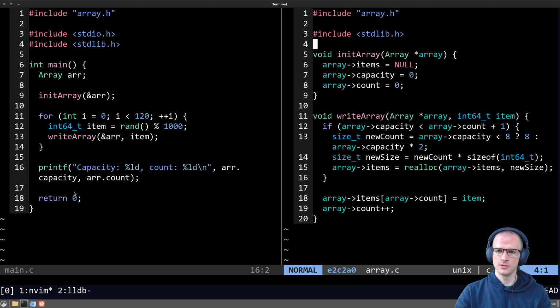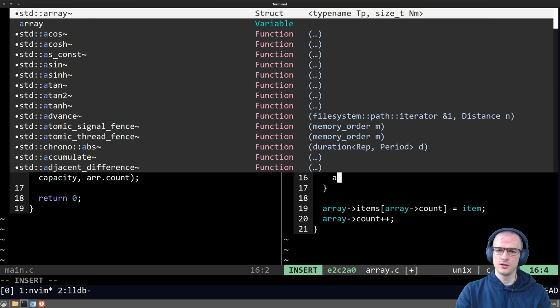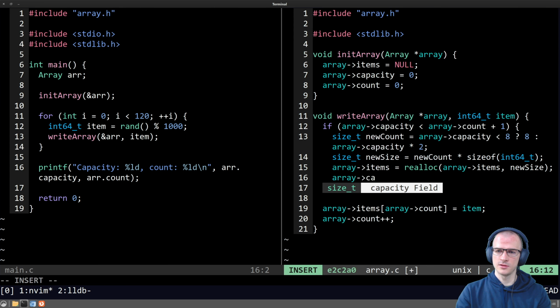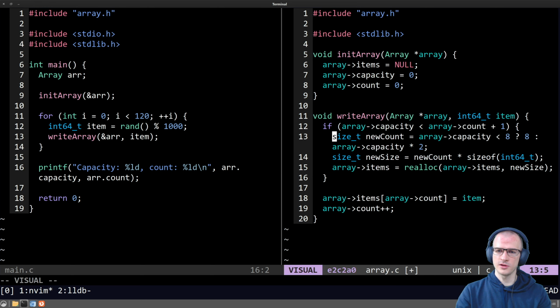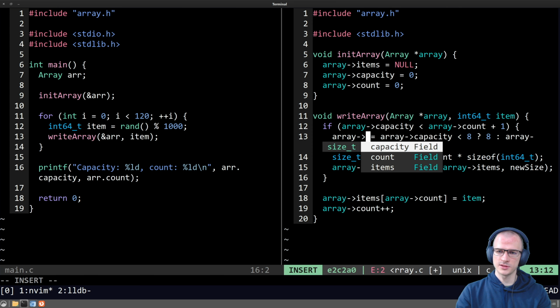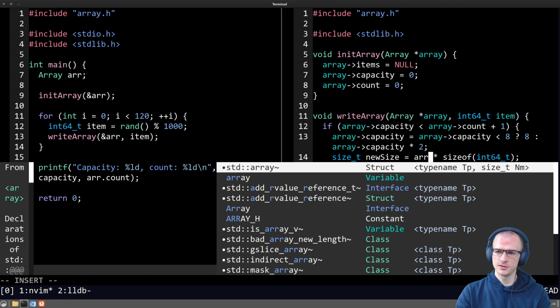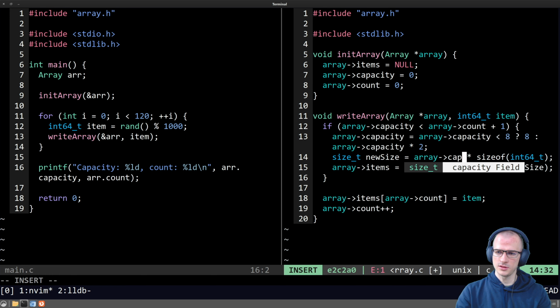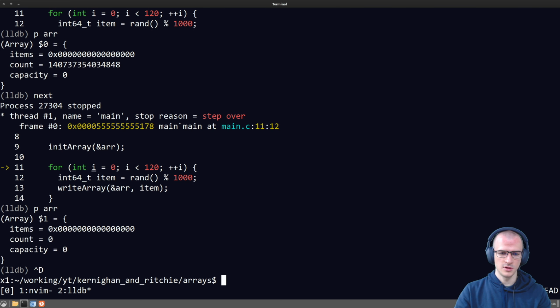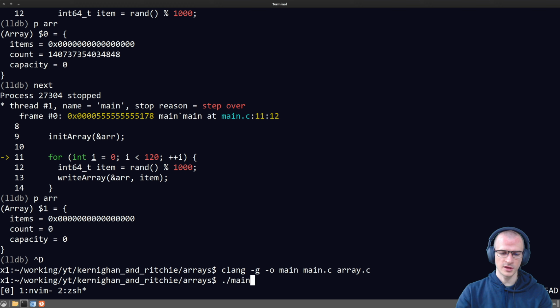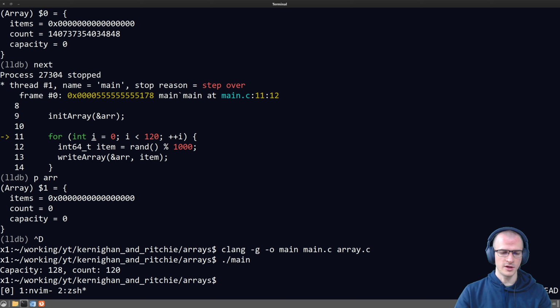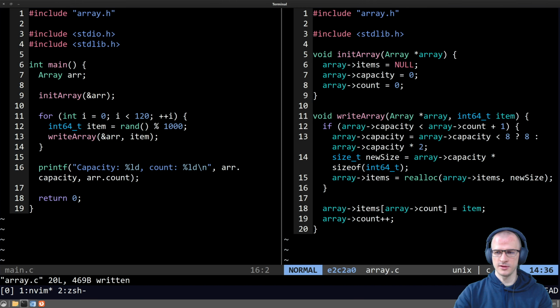So, oh, I think I know what happened. We haven't set any capacity. So array capacity, yeah, I'm just going to put it here. Array capacity equals, if the existing capacity is, like so. Let's see. Does it work now? Okay, so now it tells us that it worked,